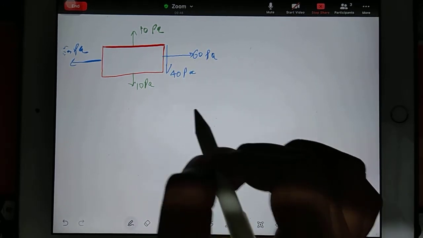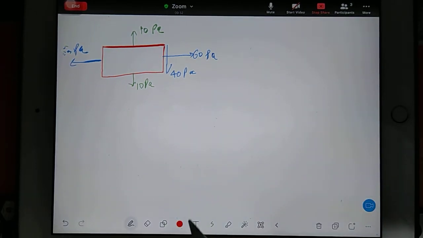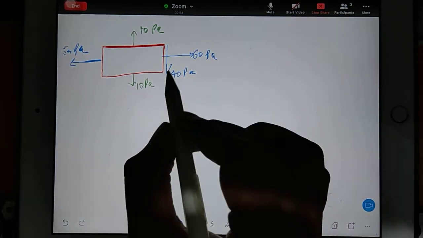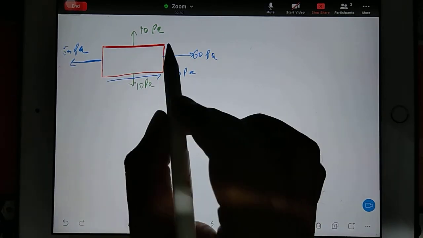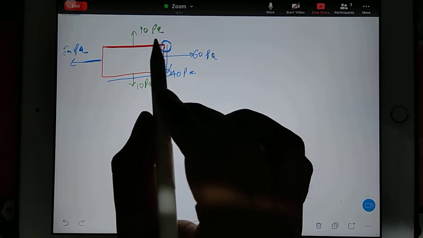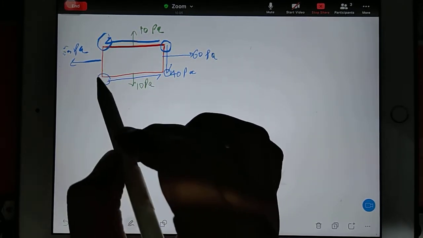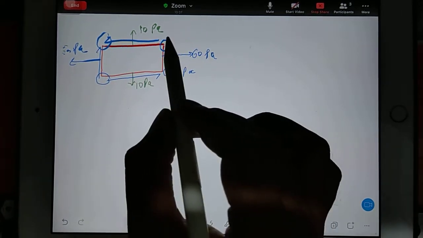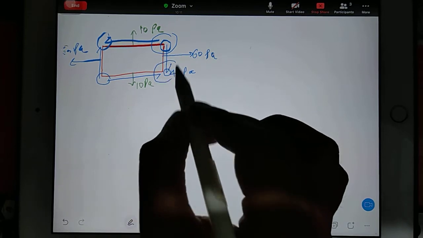You know, if one shear stress is given, then the other shear stresses you can draw easily. What is the trick here? This is the head of the shear stress, so the next head will come near this. This is the tail of the shear stress, so the tail will come like that. Here you get a tail and here a head. Always tail and tail will be on one side, head and head on one side.